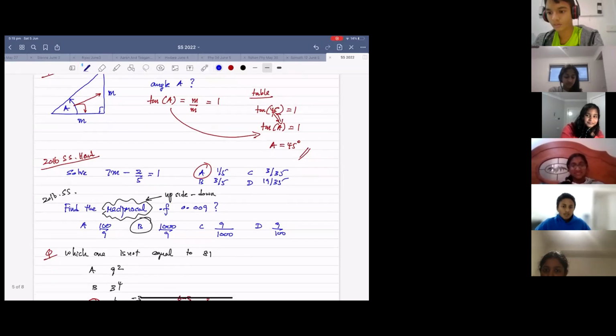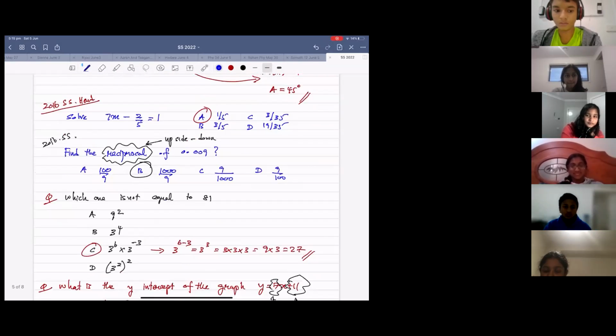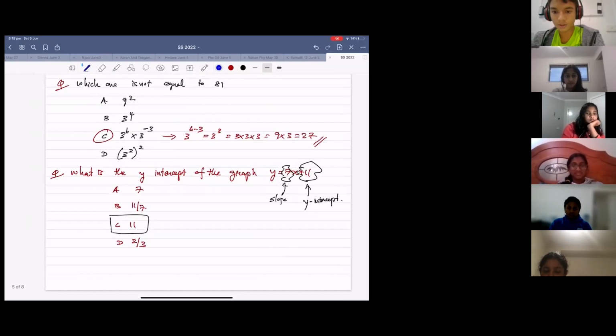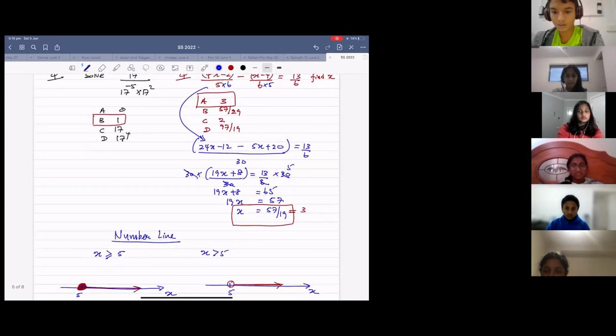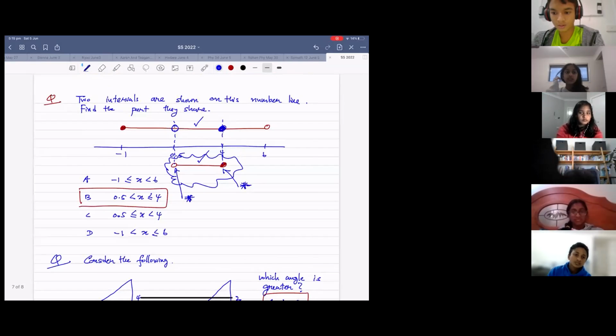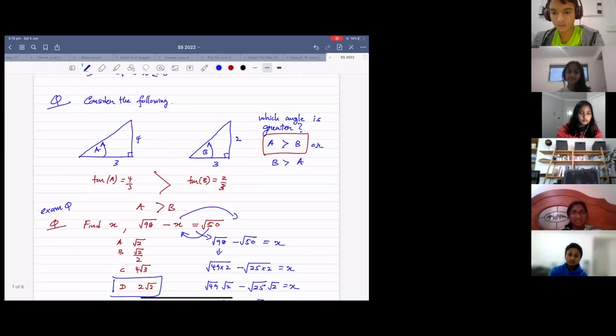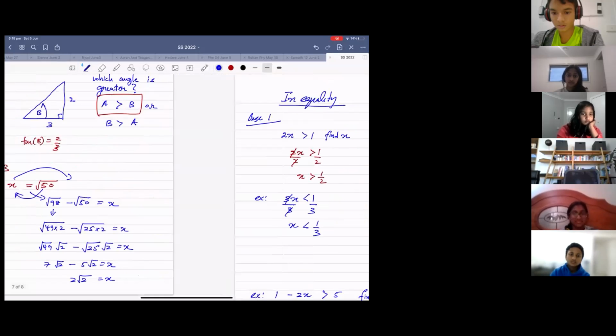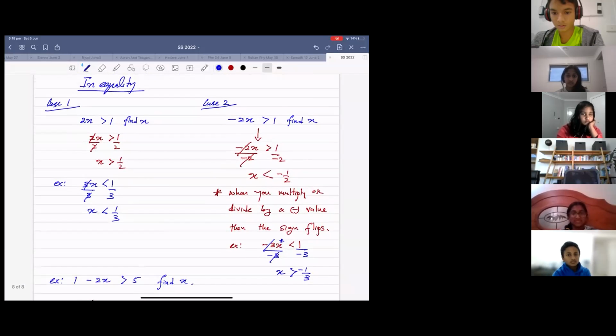Okay. And we discuss questions here. So I hope you go through these questions and then understand what you understood, what you don't understand, right? Good for revision. Number line concept we discussed, and then a few questions, and then sine, tan, which angle is greater, and then again a third equation type question, and then we discussed now the inequality, right?